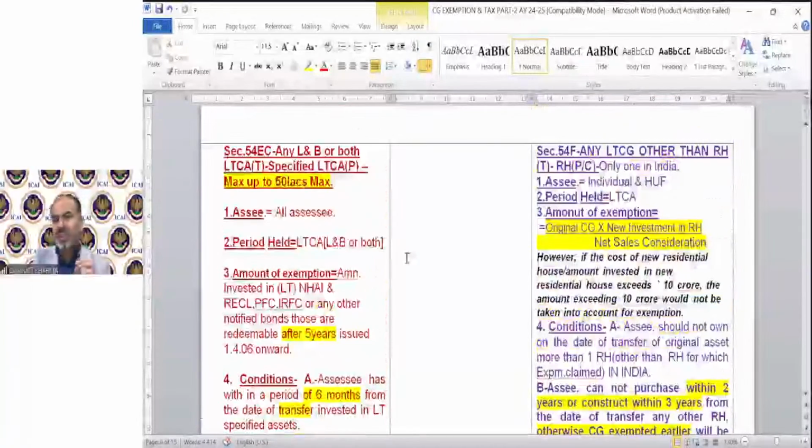So let me explain some conditions of section 54F in Hindi also, so the Hindi medium student will get to know exactly what needs to be done. तो 54F कहता है अगर आपका कोई भी लॉन्ग टर्म कैपिटल गेन है अदर देन रेजिडेंशियल हाउस, उस गेन से अगर आप एक नया रेजिडेंशियल हाउस खरीदते हैं या बनवाते हैं तो आप एग्जेम्पशन 54F में ले सकते हैं। क्योंकि अगर रेजिडेंशियल हाउस बेचकर आपने रेजिडेंशियल हाउस बनवाया या खरीदा तो उसके लिए सेक्शन 54। इसीलिए 54F उन केसेस में एग्जेम्पशन देता है जब बेचने वाली एसेट लॉन्ग टर्म हो अदर देन रेजिडेंशियल हाउस।